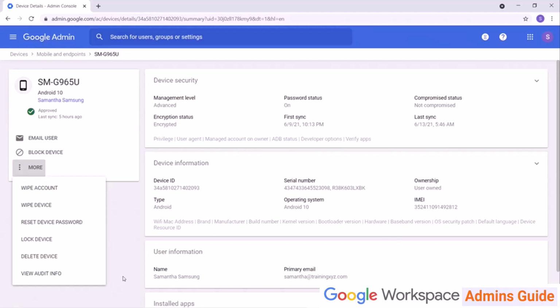Delete Device removes the administrative record of the device. This is a way of refreshing the device information, which happens upon the next device data sync. The next time the device syncs, it will be treated